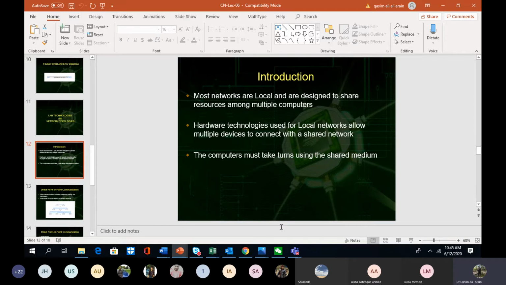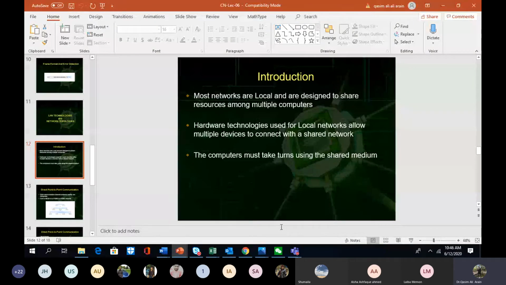If you're talking about your home networks, your departmental network like software engineering, whichever networks are in your labs, you will never call them a WAN. They are all LANs, local area networks, right? Why are they called LAN? I have already told you that your switch always works on your data link layer and it is a LAN device, not a WAN device, right?